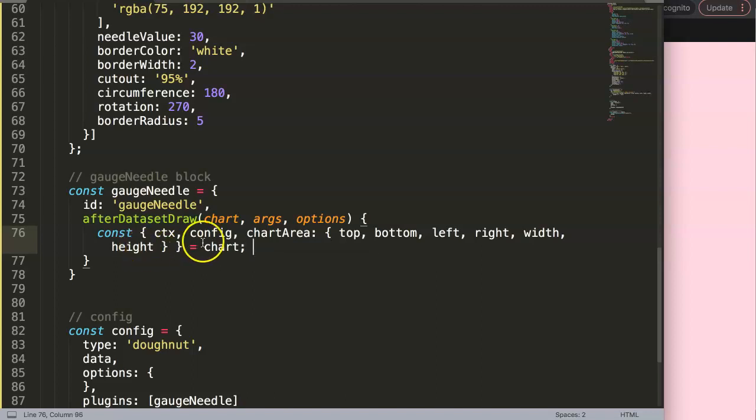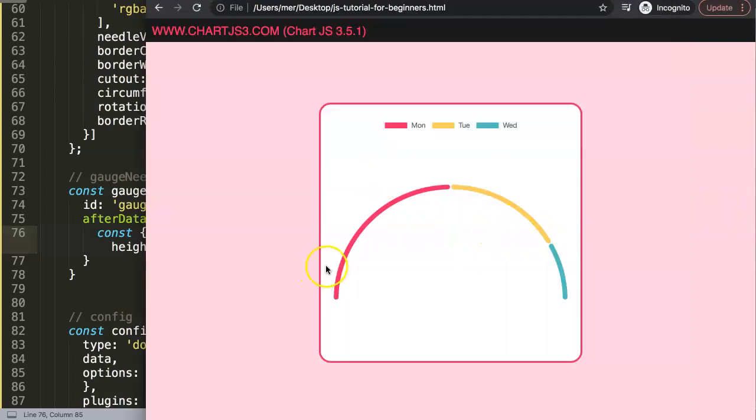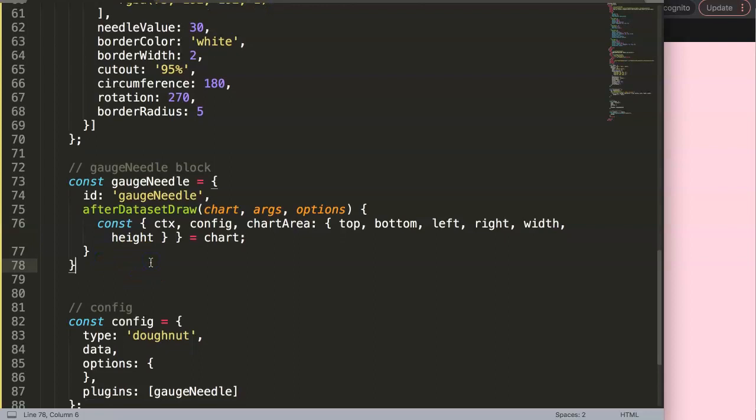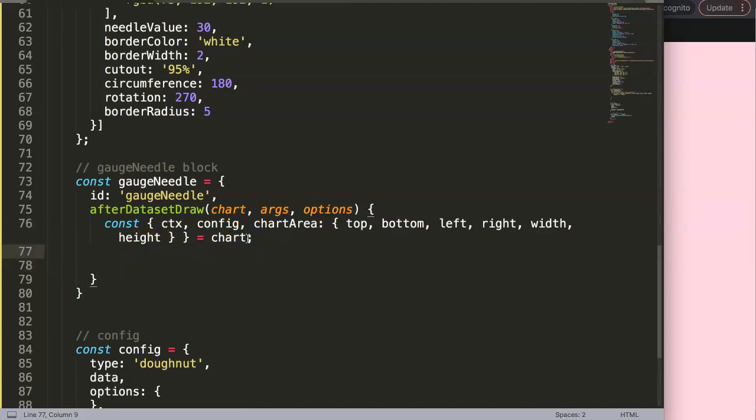If you've seen my other videos, you might say, where's the scales? Well, guess what? As I told you before, there is no scale in a donut or a pie chart. So that's the challenge here. However, don't worry, I solved that challenge, and now let's continue on. So once we have this, what we want to do here, we're going to say